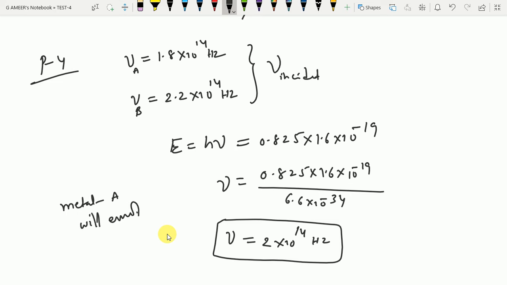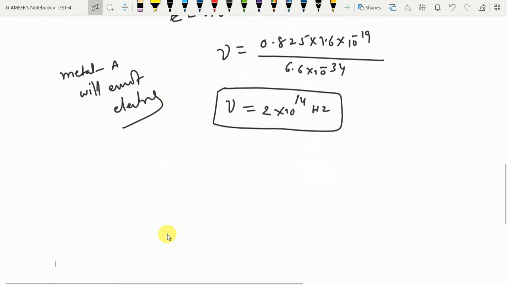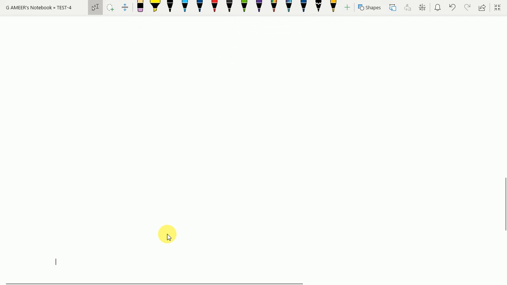So for P4, the answer which matches will be B. Okay, fine. Go for the P5. The P5 problem is as follows. In the P5 problem, they have mentioned clearly E1, E2, E3 be the respective kinetic energy of an electron, alpha particle, proton, each having the same de Broglie wavelength.